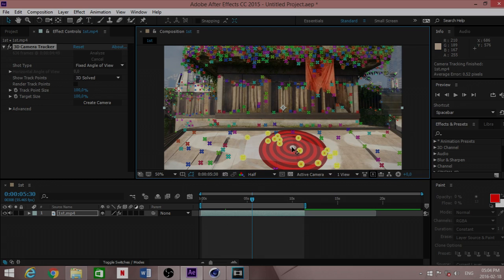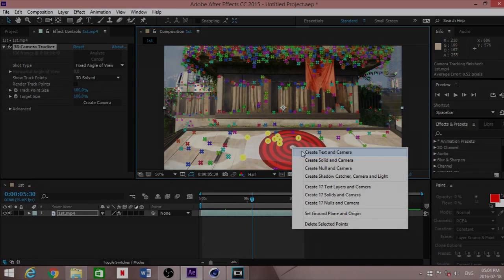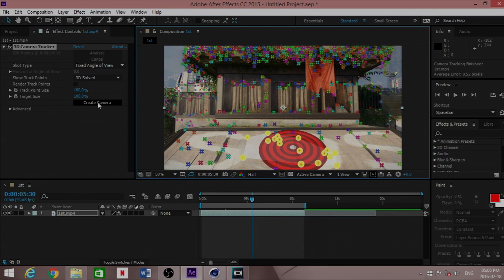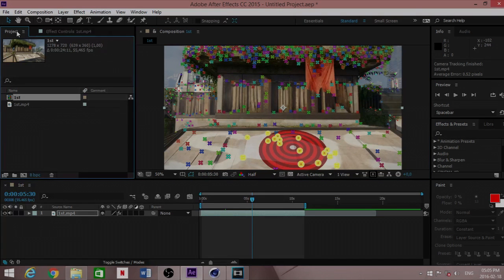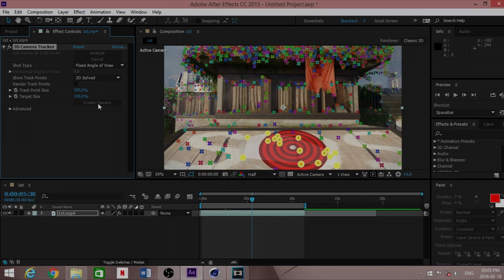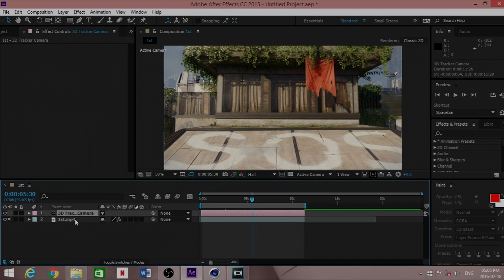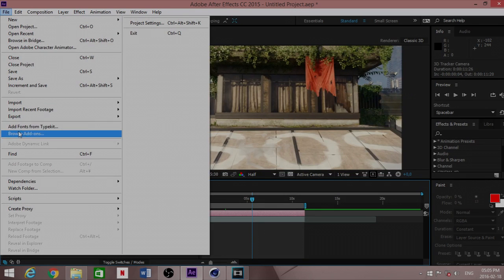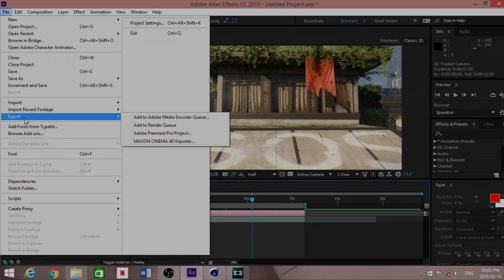Once you have that, what people do wrong is they select create text and camera, and that makes it so you can track 2D text. But we want to do 3D text, so you want to go and set ground plane and origin. Once you have that done, you go over to the left side right here. If you're on projects, make sure you go to Effect Controls and click on Create Camera. That will make a camera in your timeline, and just highlight your tracking camera, I guess, and go